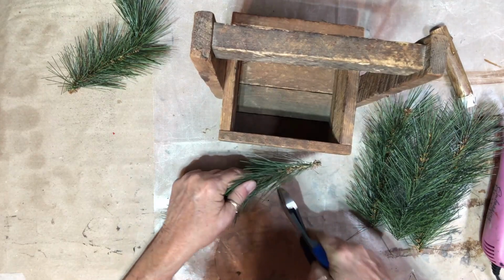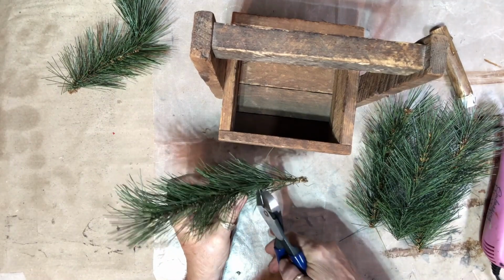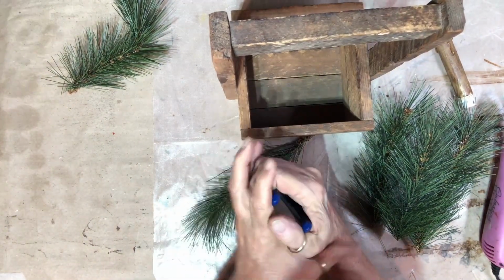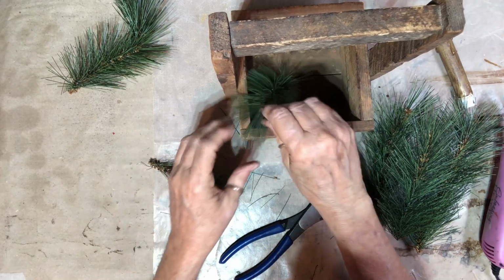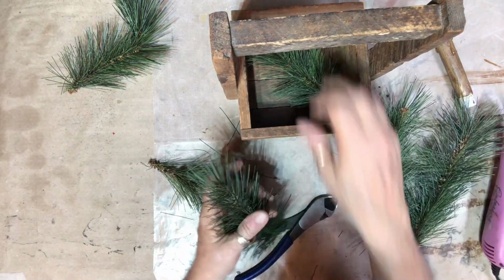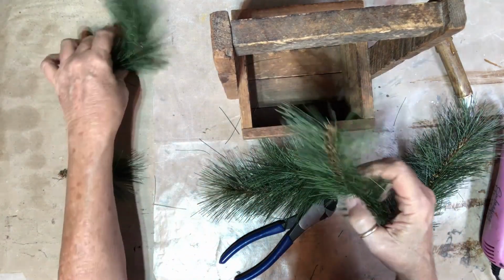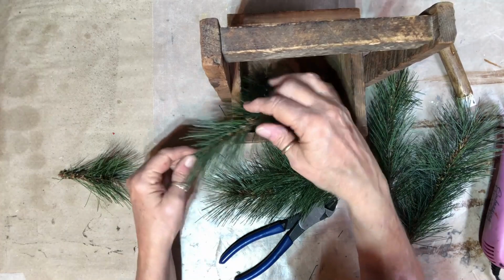Am I in frame? Boy, that stuff's tough. I thought I was going to cut them down. Trying to get in there. Ah, yeah, I can use those little things too. Yeah, that's about right. Might be a little short. I'll cut the others a little longer. That one might be okay. This one I'm going to keep long because I think I want a piece to be able to come over the side. And I have that one bent, so...